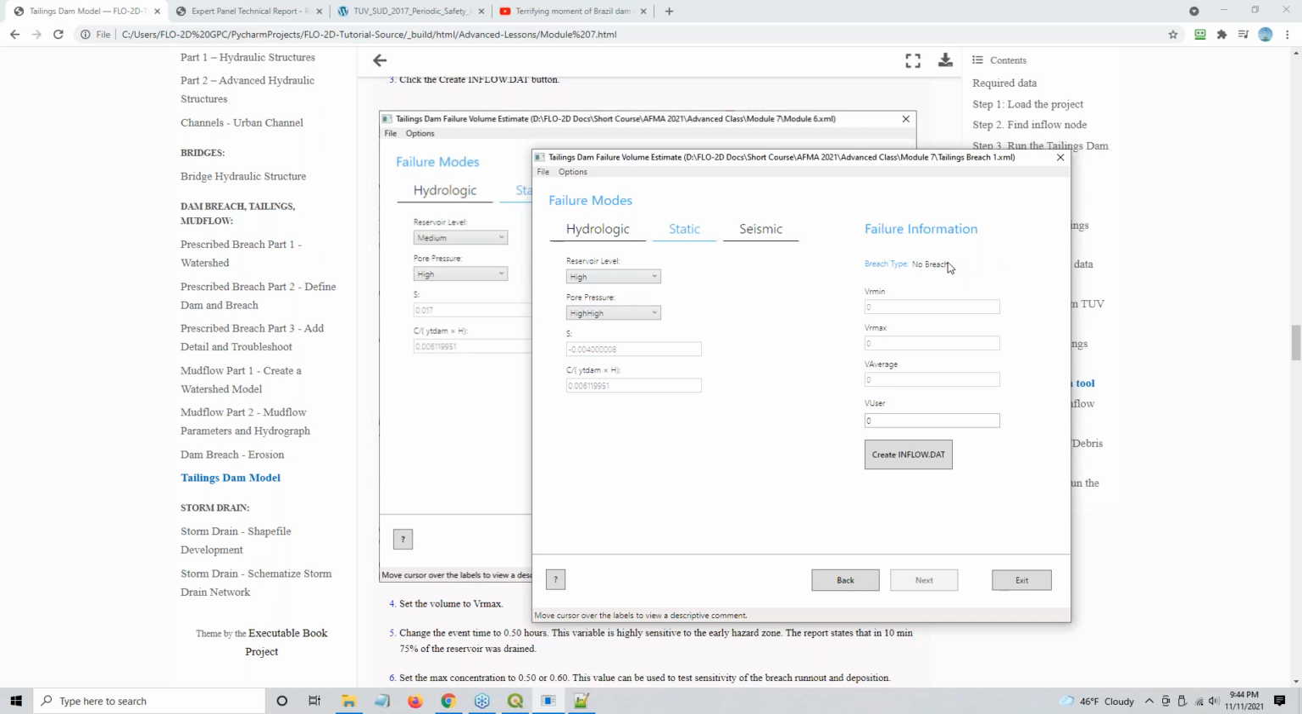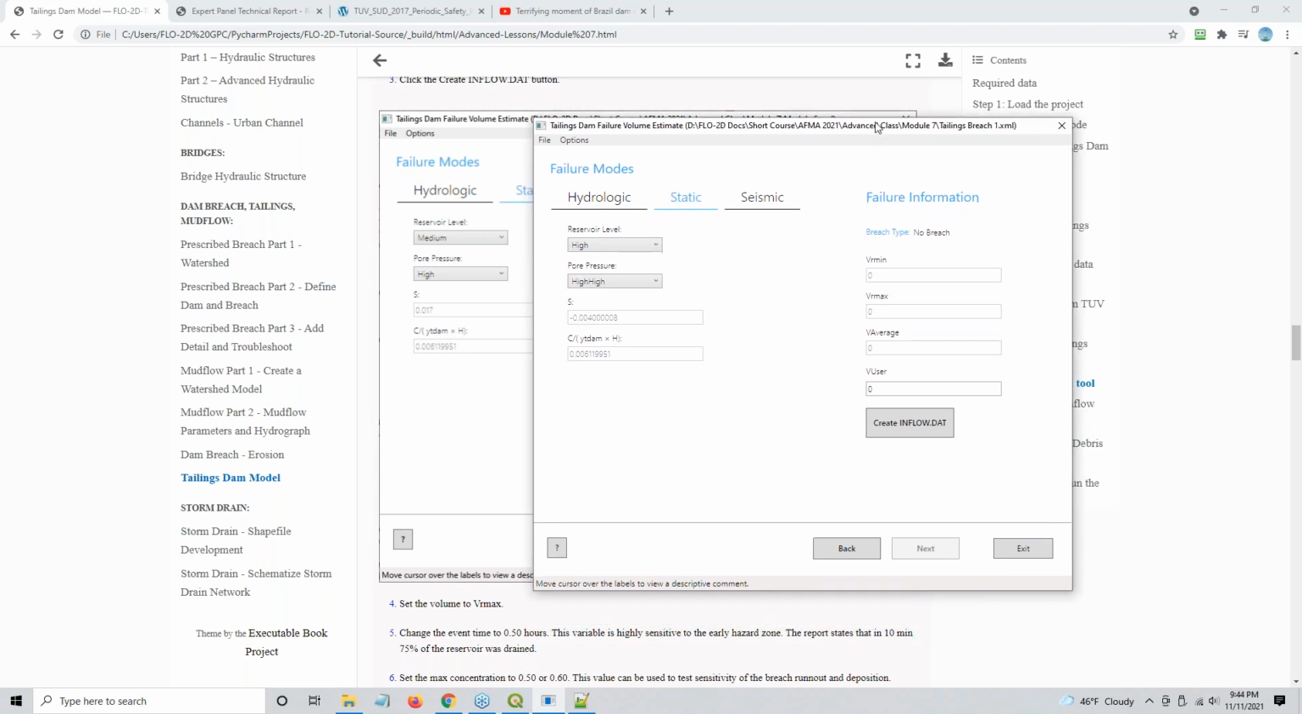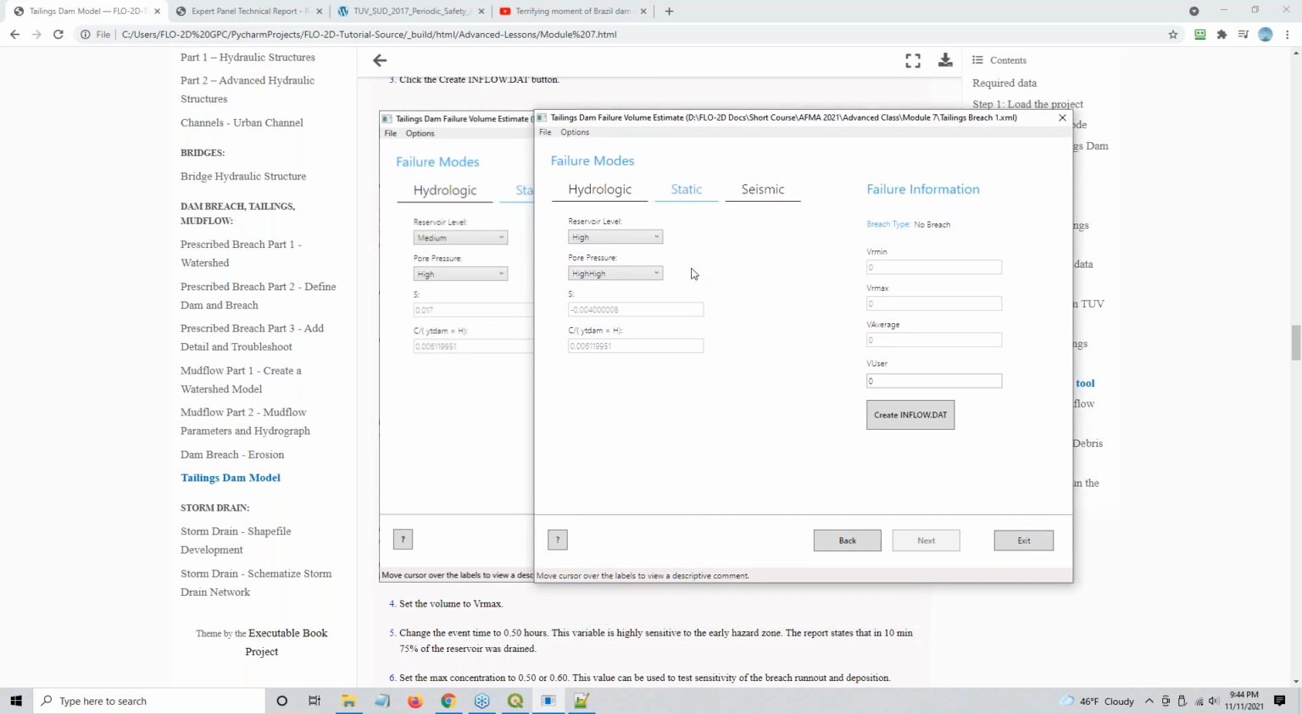So the default for this is high, but if you set it to high, we get no breach. So the Tailings Dam tool estimates whether or not the breach will happen based on a statistical analysis of known tailings dam failures, and they kind of go into this interval of,